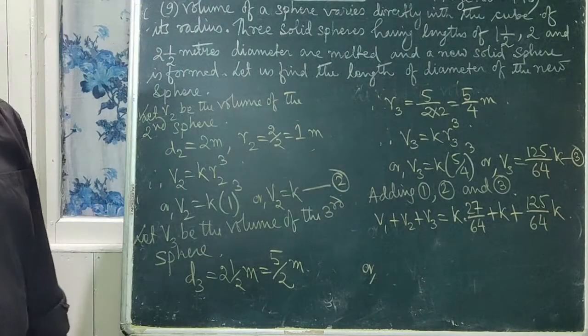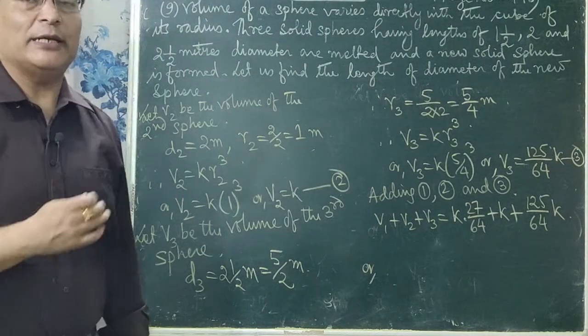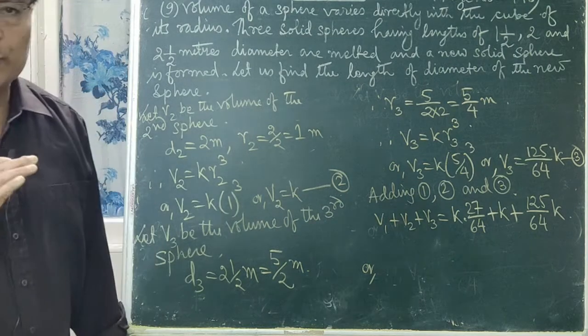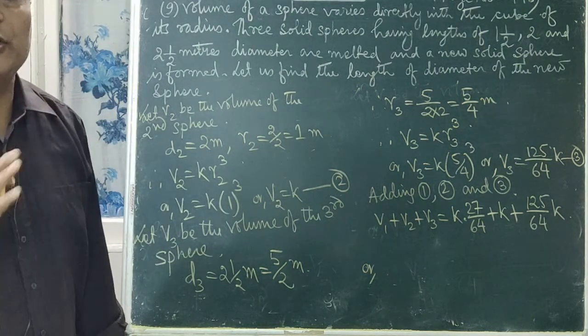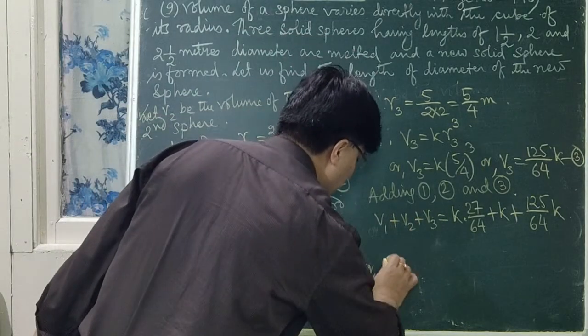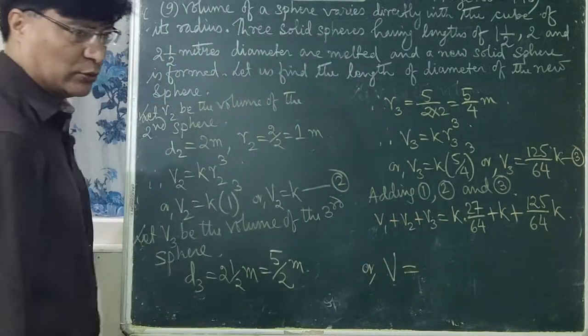This is the new solid sphere. The new solid sphere's volume we have supposed earlier, that is V. Suppose V is the volume of the new solid sphere. So instead of V1 plus V2 plus V3, you can write V, which is equal to